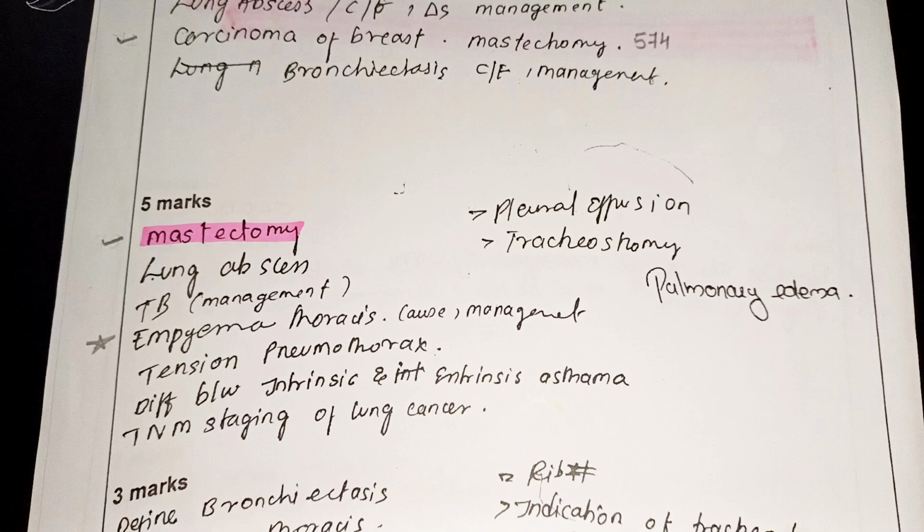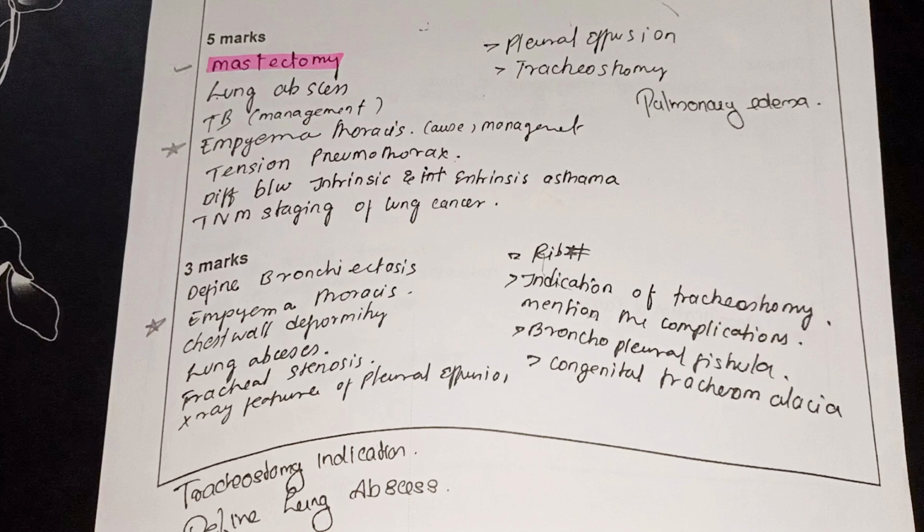Next, coming to the 3 marks. The first one, define bronchiectasis. Second one, emphysema thoracis, chest wall deformities, lung abscess, tracheal stenosis, X-ray features of pleural effusion, tracheostomy and its indications,